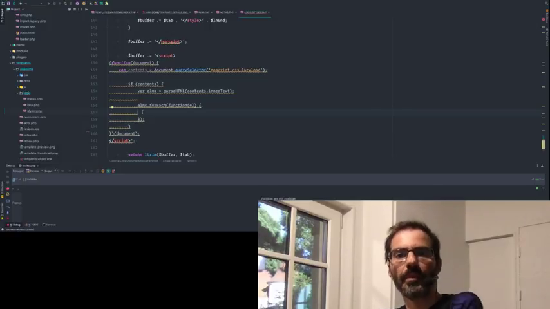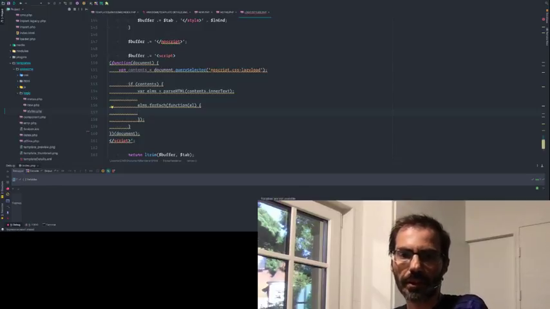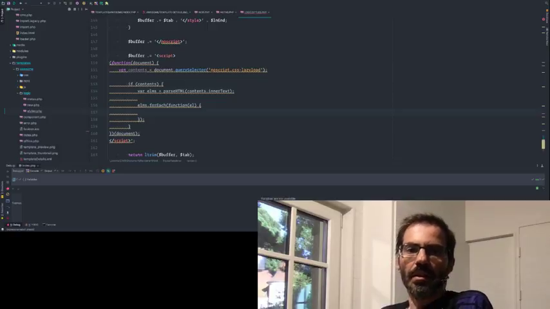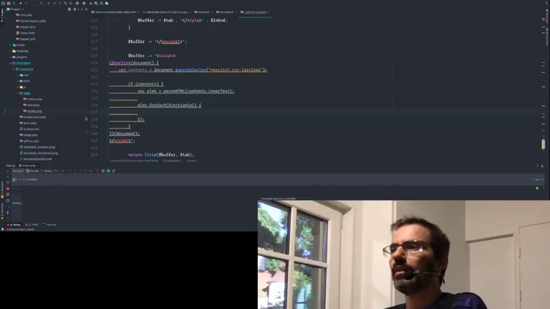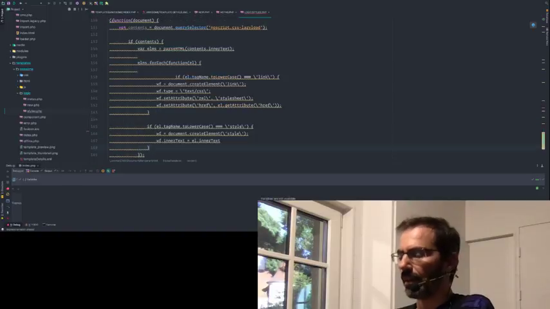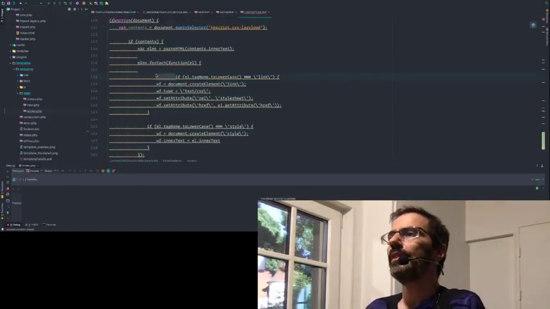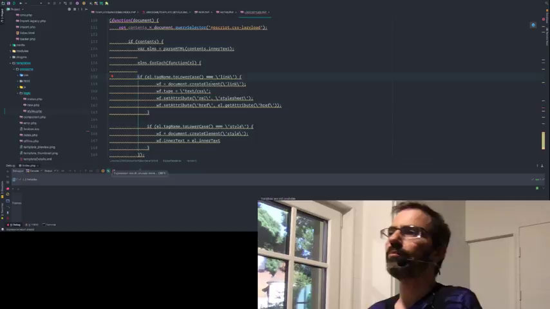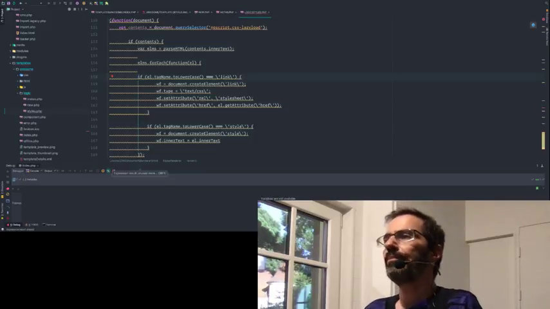So in this function we're getting the element, and now we want to check if the element is something along these lines. So if the element is link,